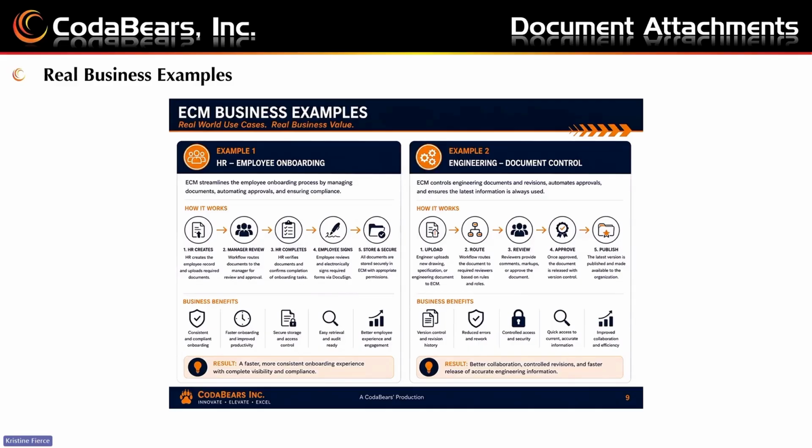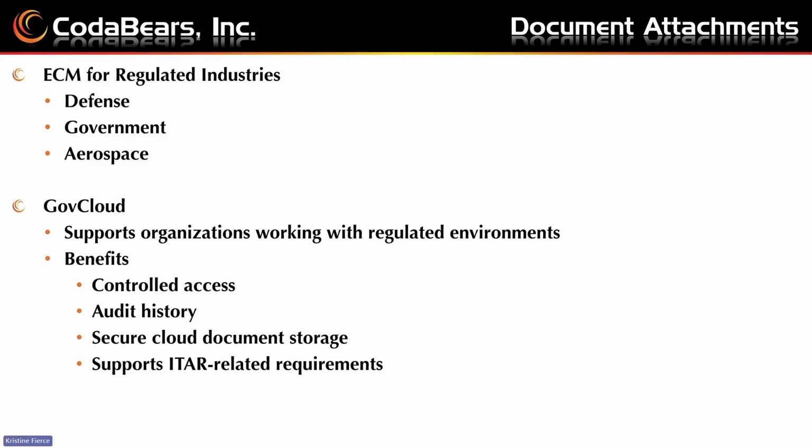ECM is also a great way to store any and all of your customer-facing reports that you are sending out of your business. As an example, the work instructions are updated and can be routed through your organization for approval and published as the final version. Throughout the process, any approvals, rejections, and comments are captured automatically to create the needed audit trails. Epicor ECM is now also available for GovCloud. It's available for regulated industries such as defense, government, and aerospace that need ITAR document management and controls to access and deliver audit-ready